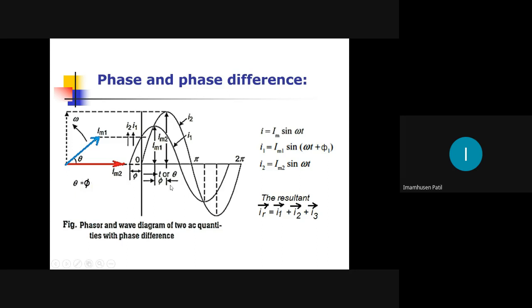Now, you might have observed, whenever you are drawing the sine wave, if it is not uniform, not actually according to a sine wave, you will not get proper values at any angle. It should be a perfect sine wave. These are the difficulties, and this is with only two waves. If many waves are there, it is again complex in nature. This is the reason why we go for phasor representation, turning AC quantities into phasors.